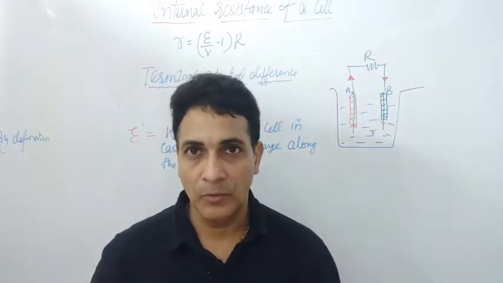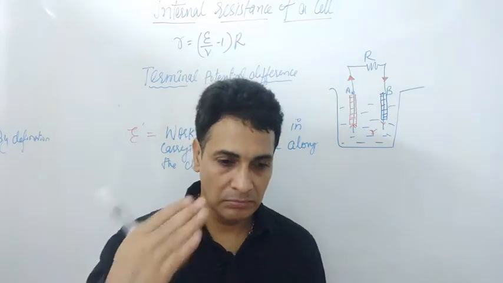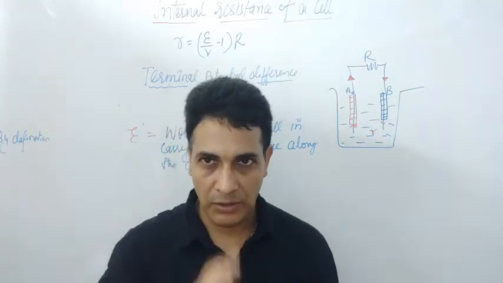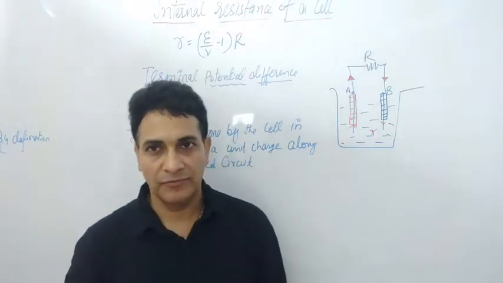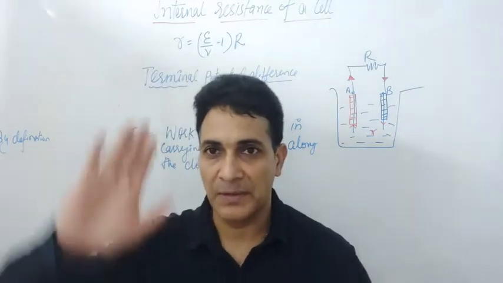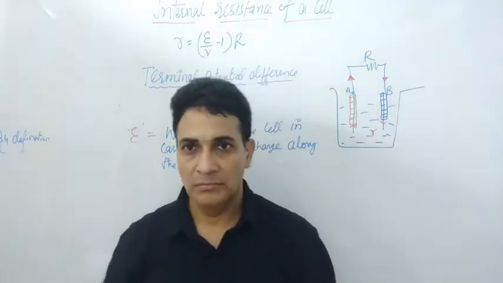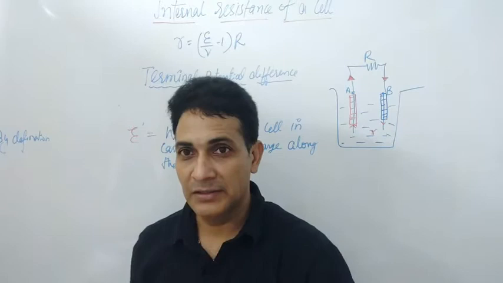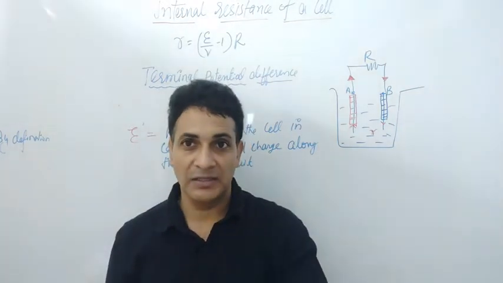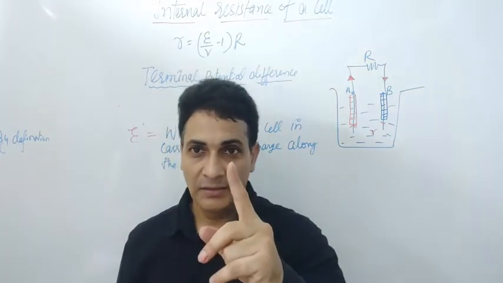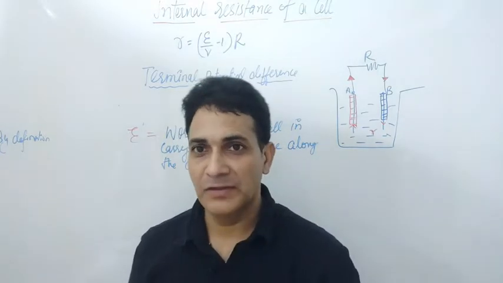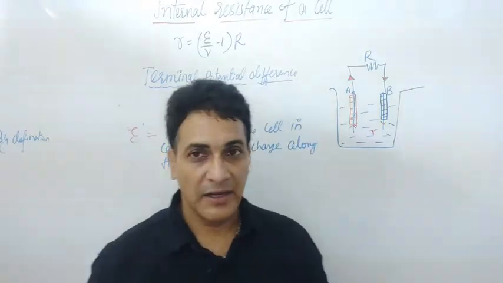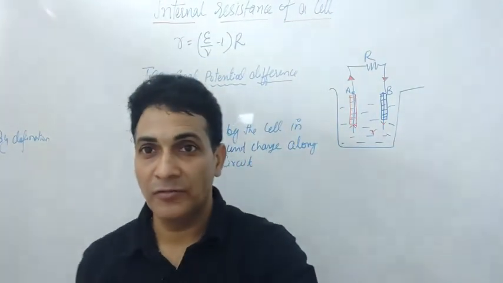मैं एक एग्जांपल देता हूँ आपको. जैसे मान लो आपको किसी दोस्त के ऊपर गुस्सा आ गया, तो आपने इसको मारना चाहा लेकिन आपने कंट्रोल कर लिया, तो that is your EMF when no current is being drawn from the cell. आपके हाथ से कोई आपने किसी को नहीं मारा, लेकिन दूसरे वाले फ्रेंड ने आपको थप्पड़ मार दिया, स्लैप कर दिया, तो उसने अपना पोटेंशियल दिखा दिया. तो that is when current is being drawn from the cell, that is V, terminal potential difference. And E is when no current is being drawn from the cell.